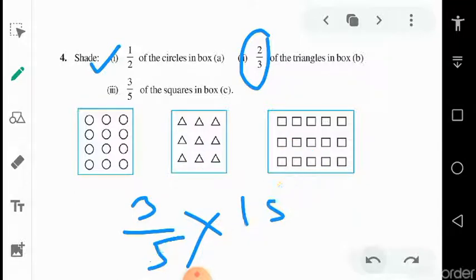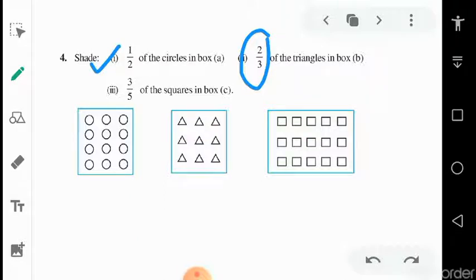So finally we have come to know that 9 squares are to be colored. Okay, any 9 squares you can color or can shade them. This will be your answer. So as you can see that fractions are very important in our day-to-day life, and there are various practical examples which we can experience, and a very important part of mathematics.